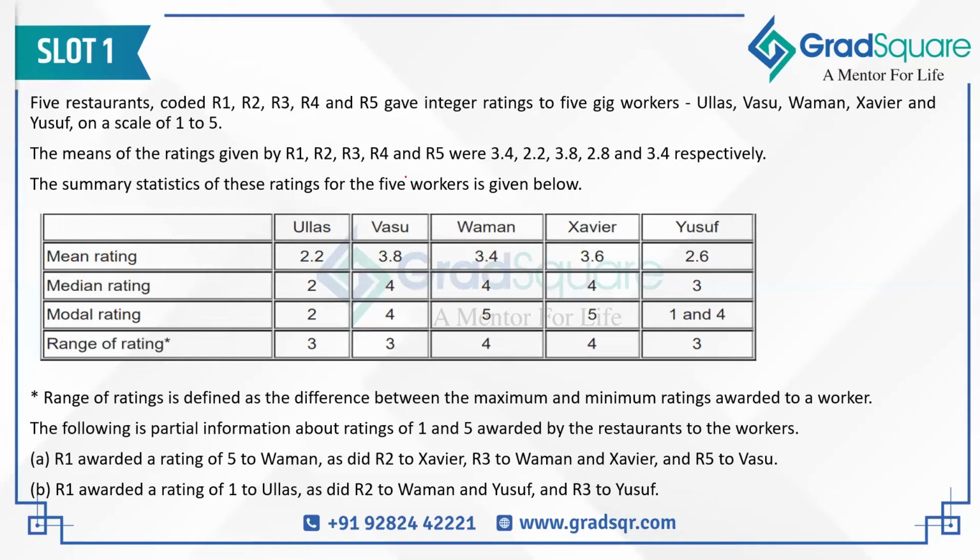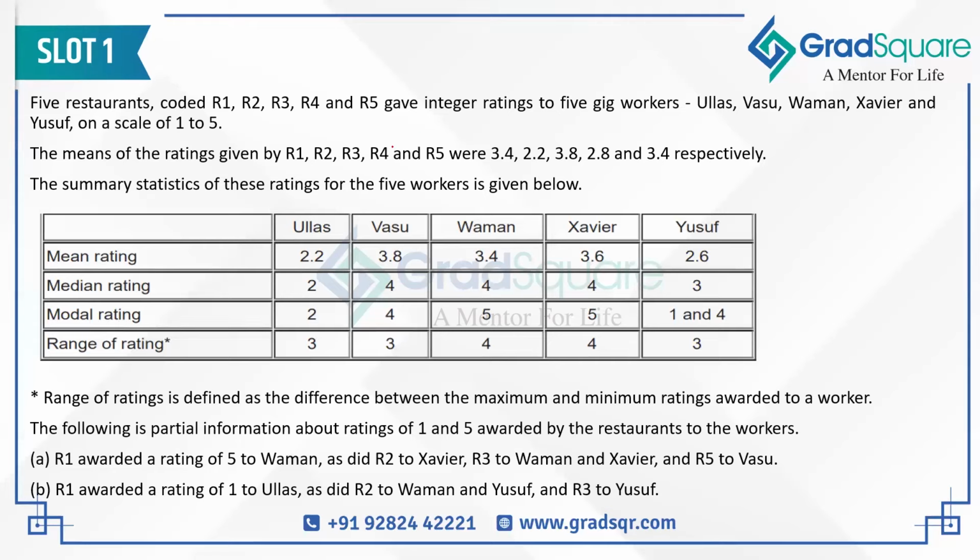Now, this set here is a very simple set, especially if you have a basic understanding of statistics and the terms and terminologies associated with it. Then this set is definitely something that I think people should have picked up in the CAT 23 paper. In fact, not just in CAT 23, in a standard CAT paper. This is a set that could have been solved very, very quickly and very easily. Now, let's read the set and get a sense of all the key pieces of data present in the text of the set itself.